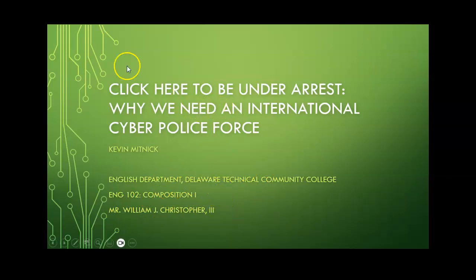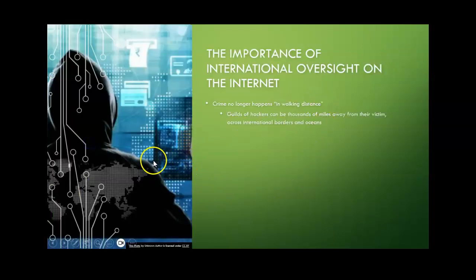Once you're done, make sure that you have a wonderful background. Now, because I'm talking about a cyber police force, as you can see, I kind of picked a generic technological one. If you've ever seen a circuit board, this looks like a circuit board, okay? And then here what I've done is I've actually put images on here. That way, it'll catch your eye. You know, a guy in a dark hoodie with a map on his back, digitized, looking at this stuff. It kind of lets you think there's something bad going on.